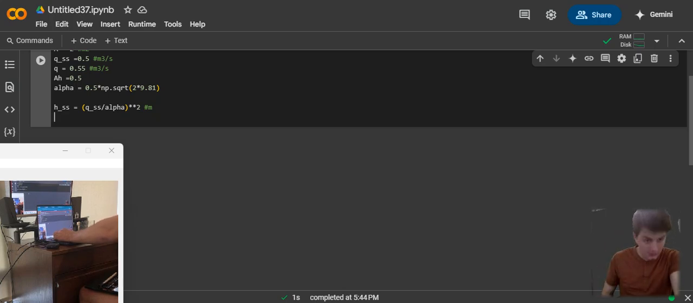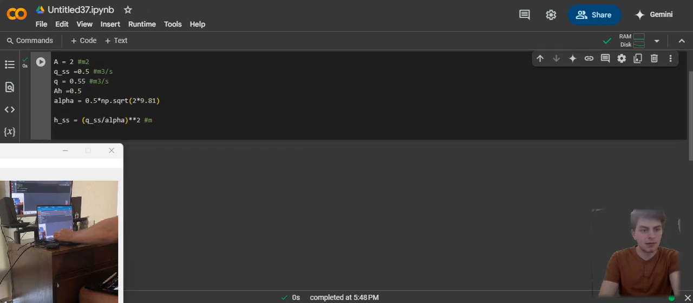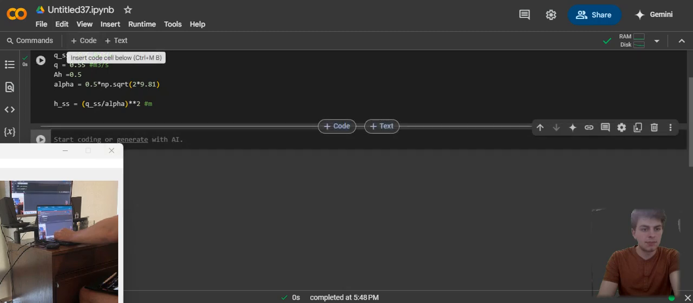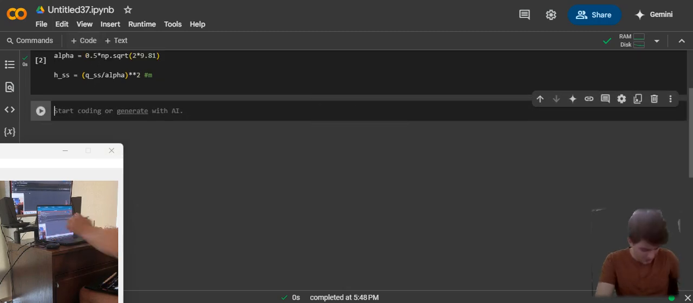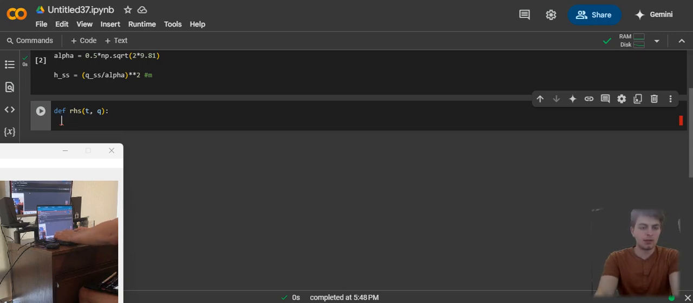So then, I think that's all the inputs that we will need, right? So let's go ahead and do it numerically first. This is exactly what we did in the very first video of this series. Basically, all we're going to do is define our right-hand side of the equation, and input t and Q. And Q is obviously our input volumetric flow rate. And all we're going to do is return